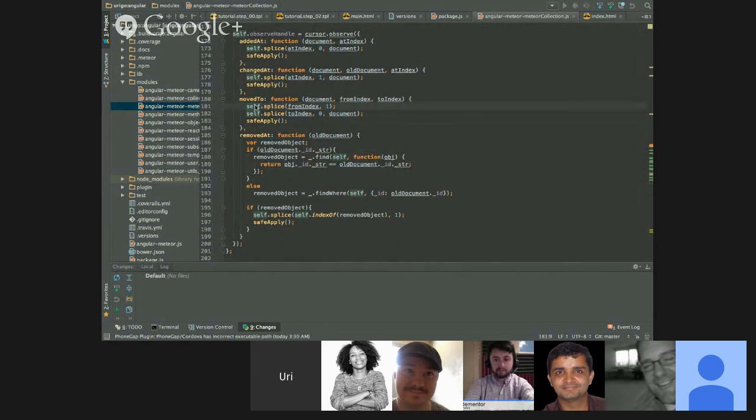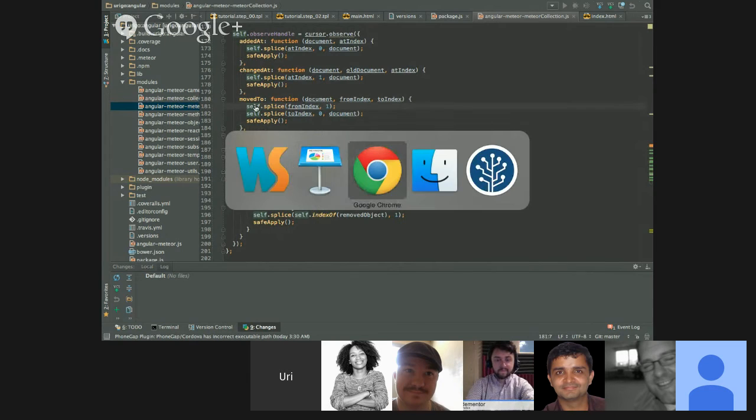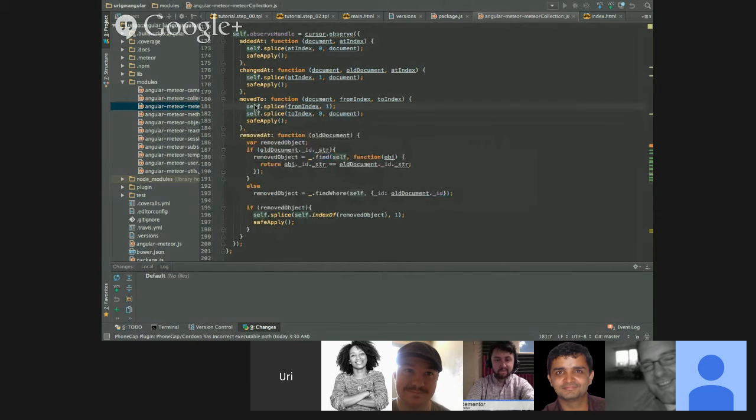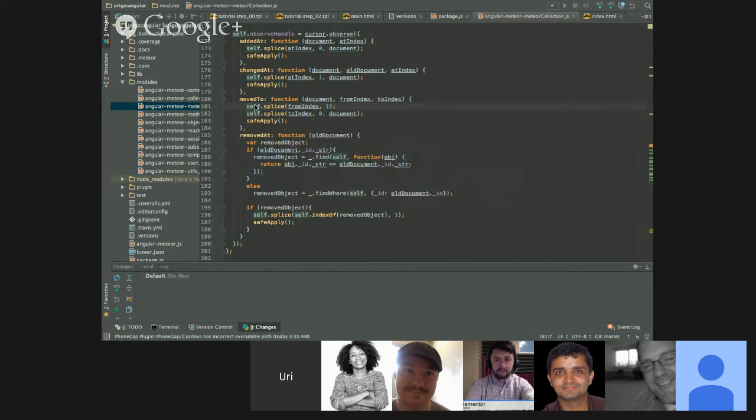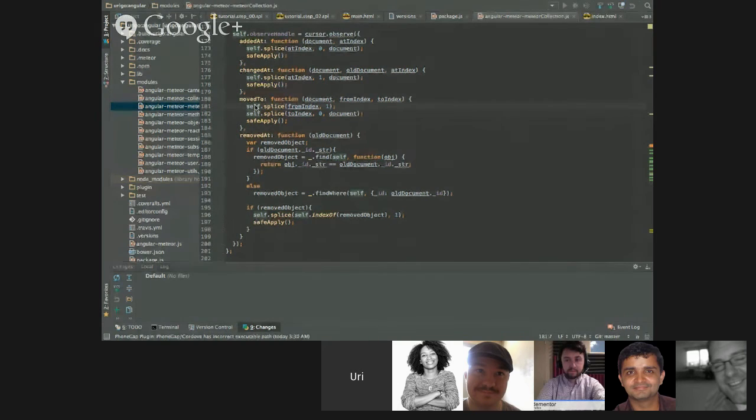Now, if you want to read more about Mongo Cursor, I would suggest going to the Meteor Docs website, which is very, very interesting to read. And the API is really simple, and I think this is a very interesting thing, that Meteor lets you watch over a cursor and not just this huge collection. So it's really important.